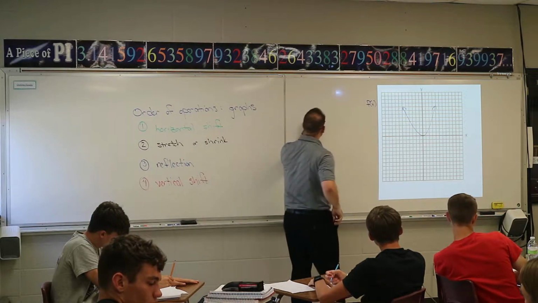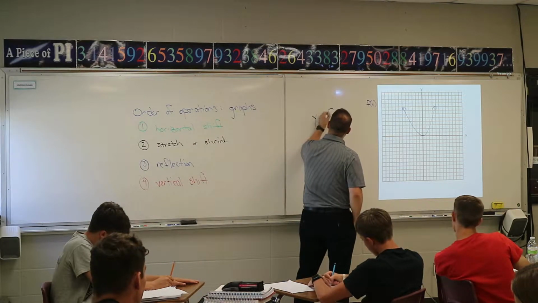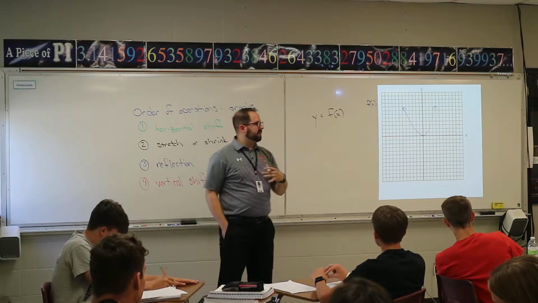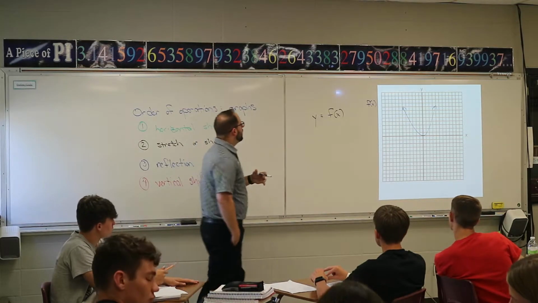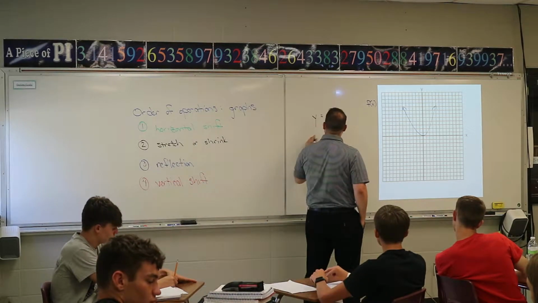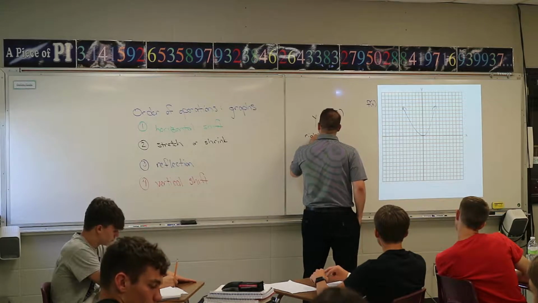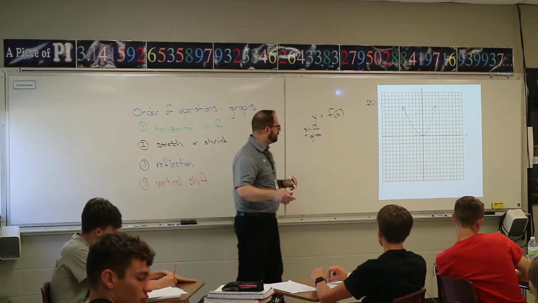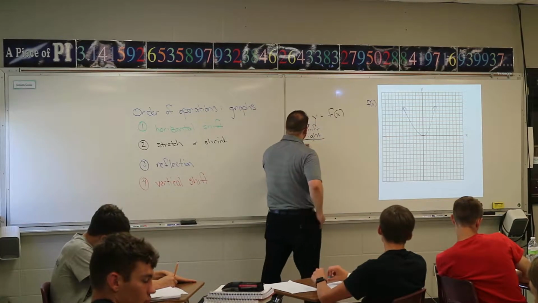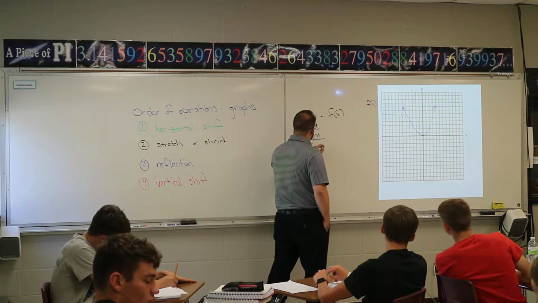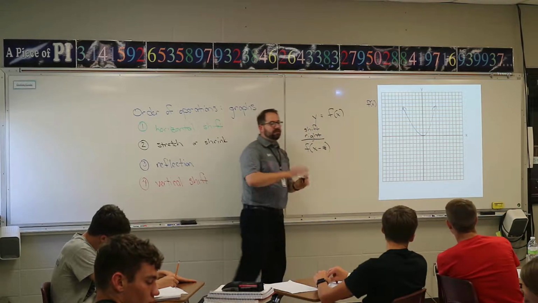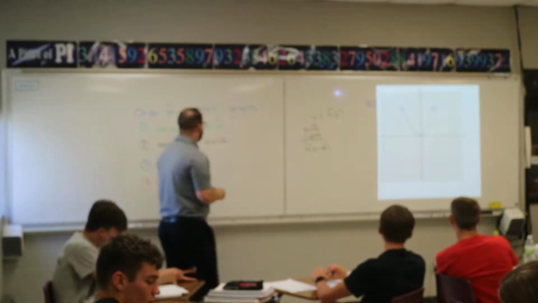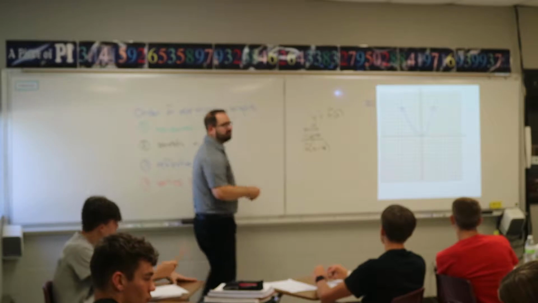So what they're going to do is take your function. They can call it something like this. And I don't care what the function is, but if they want to horizontally shift it, right or left, here's what it looks like. If they want to shift this to the right, no matter how many numbers, what you do is take your function and subtract a number off of it. And that will shift your graph to the right, however many spots by whatever your number is. So for instance, if I want to shift it to the right 3 spots,